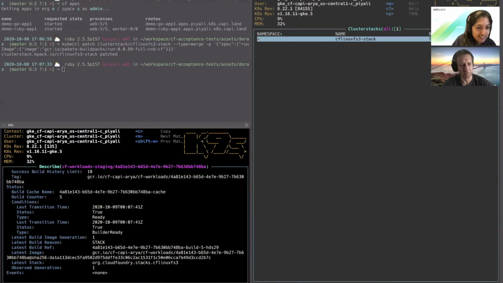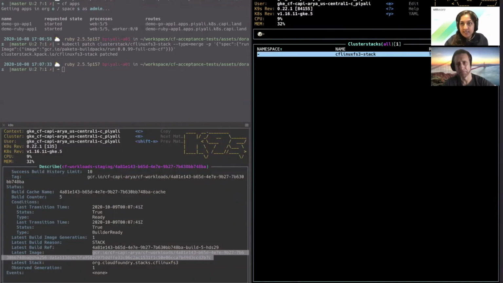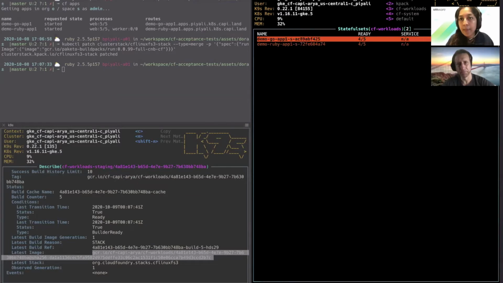As you can see in the status, the latest build reason is stack. And the latest image over here has this particular SHA. If we go to the corresponding stateful set, we'll see that both of these apps, both of these stateful sets are already hard at work with their rolling update strategy to roll out these pods with the new image reference. So this is a very fast process and very